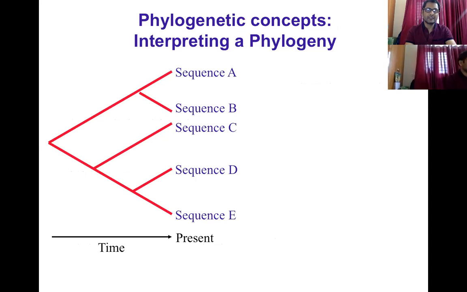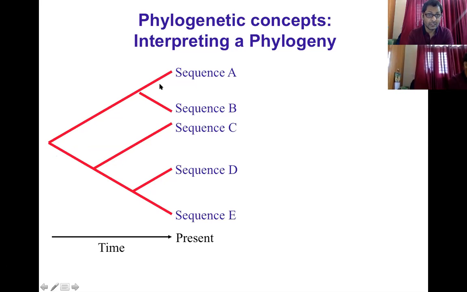Okay, now phylogenetic concept, interpreting the phylogeny. So this is kind of a tree which we get for the phylogeny. There are a number of different types of tree, but let's first read about this. So what is more important? This is the scale of time. As the time is passing, initially there must be one ancestor, and this ancestor has been divided in two, because of the mutation in two different organisms. And then this one organism, again there was a mutation and divided in two, and then this organism, there was a mutation and becomes a C sequence, and then there was again a mutation and there is a sequence D